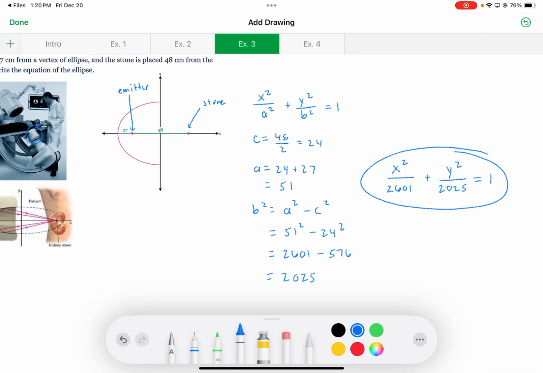Any questions on that example? All right, last one